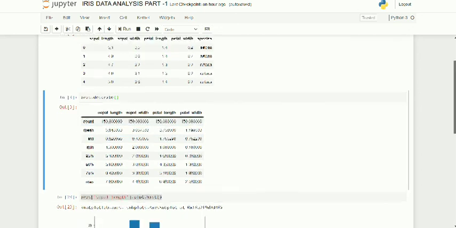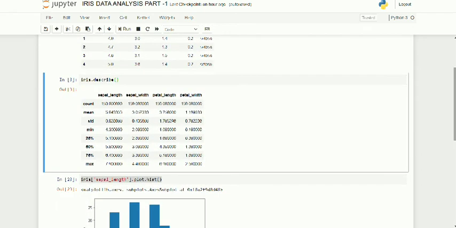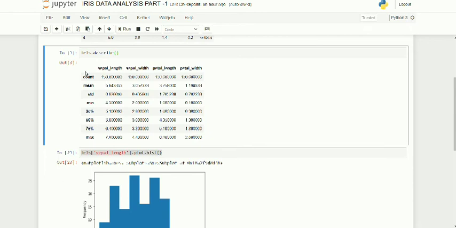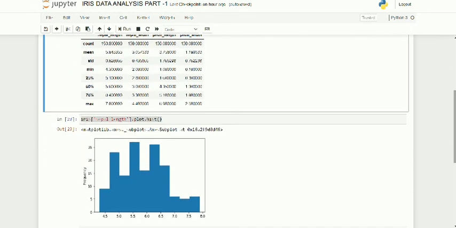After that, we will plot a histogram of sepal length. To see the distribution of sepal length, we can draw a histogram of sepal length. As you can see here, I will call iris in brackets sepal length in quotation, and then .plot.hist. You can see here this is the histogram of sepal length.